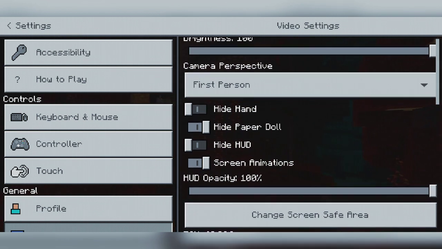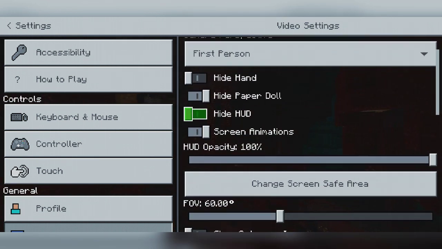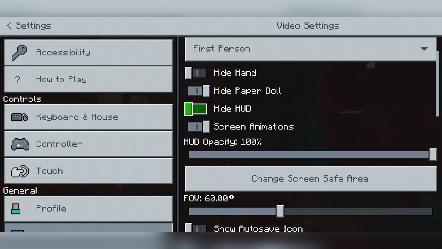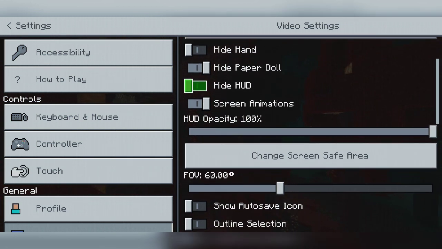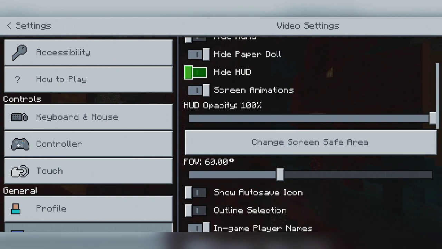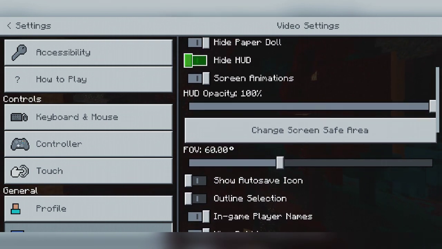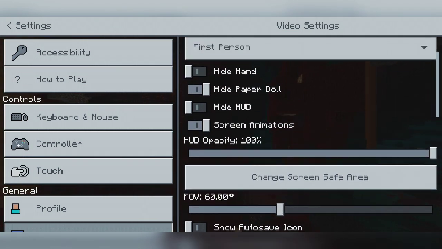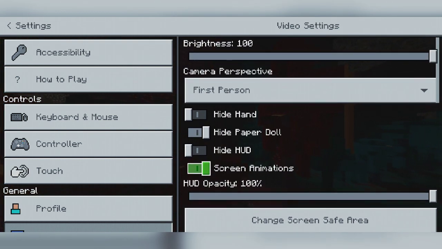And yeah, so first of all we are going to turn off screen animation. This is a huge reason for lag on low-end devices. Brightness won't affect your gameplay. Please turn on hide paper doll. If you turn it off, there's an animation of a paper doll, so it affects your gameplay. Turn off screen animations, that affects your gameplay a lot.